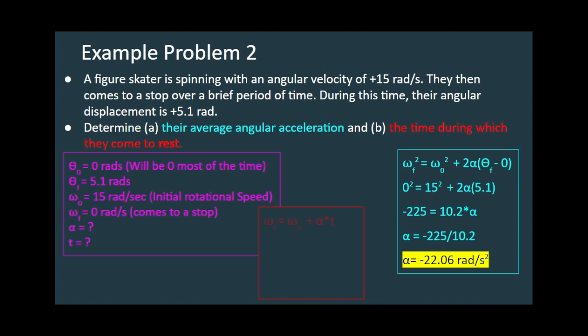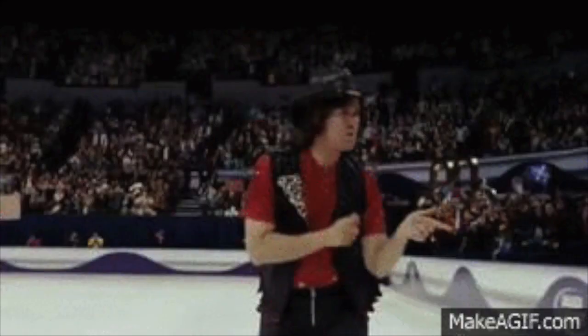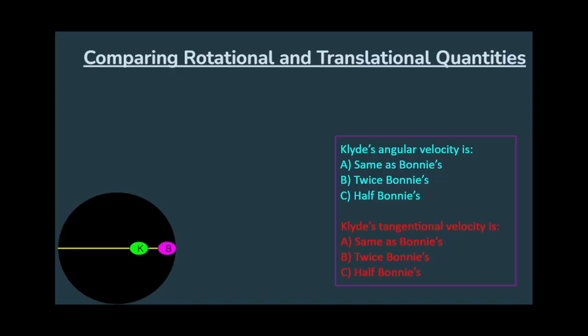I'm going to use little pup to solve for time. Go ahead and plug in my variables, manipulate the equation a little bit, and find out that time should be equal to 0.68 seconds, meaning that this person comes to a stop pretty quickly. So we've talked about rotational, and we talked a little bit about translational quantities, the ones that we're